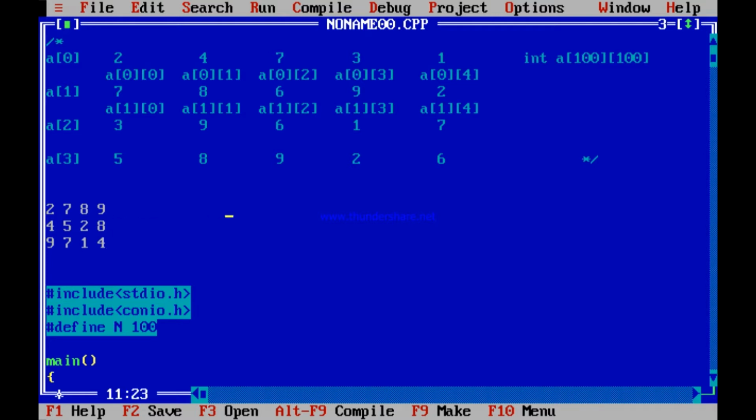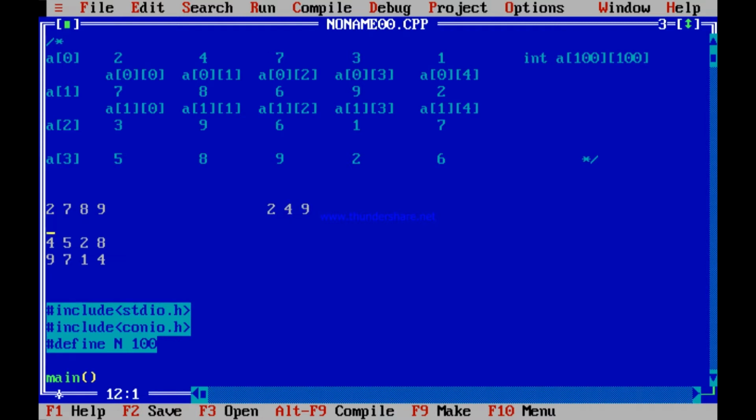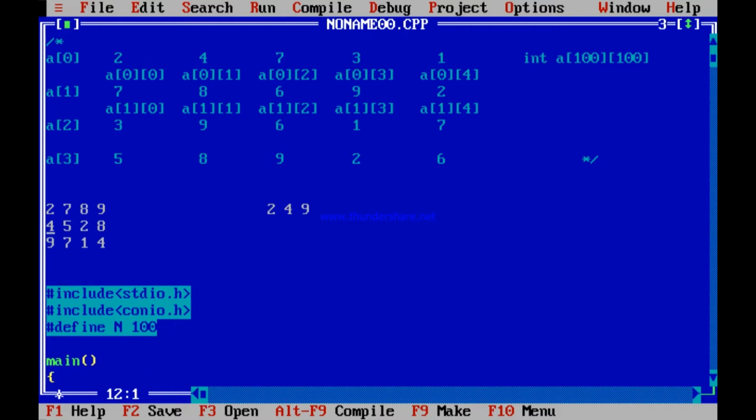Now the program should do a change of this array. What will happen? The array should now become 2, 4, 9, 7, very sorry. I have to go at this point.